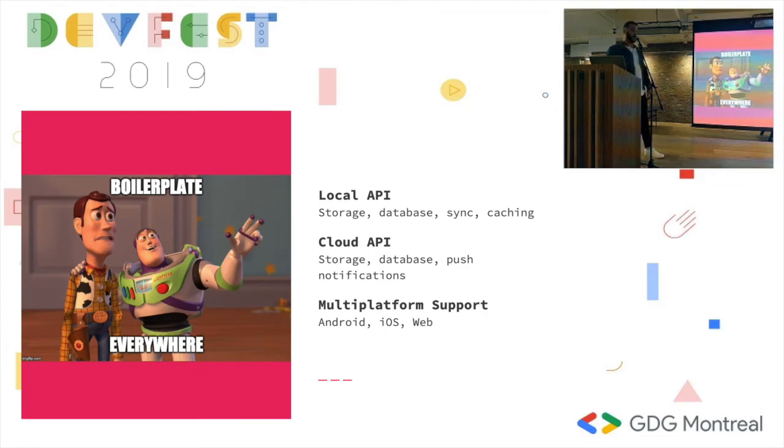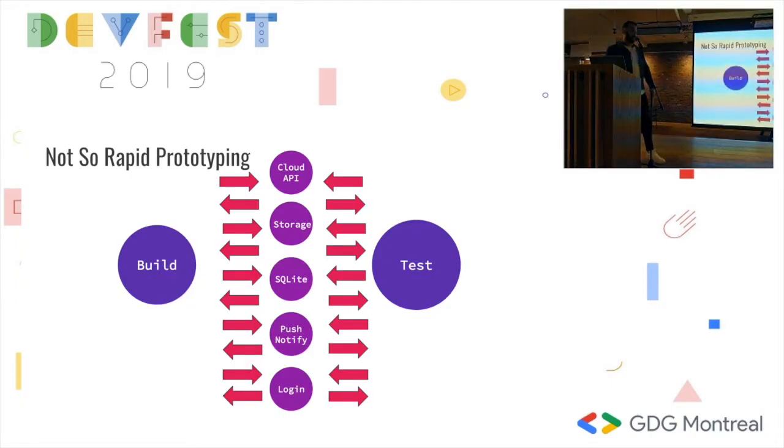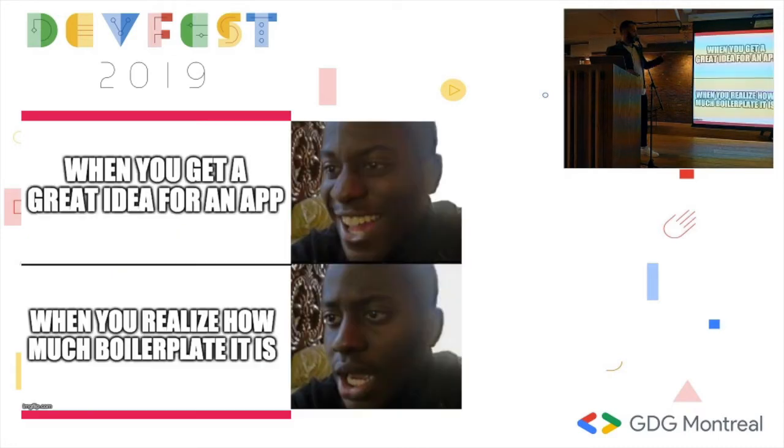Unfortunately, I was met with a lot of boilerplate code. So going between storage, database, sync, and caching, which I had to do on the mobile front, I also had to mirror all that work on the cloud side of things. And to make things even more complicated, I had to repeat this whole work for Android and for iOS as well. So pretty quickly, between cloud APIs, storage, SQLite, push notifications, and login, I realized this wasn't as efficient of an idea as I thought,